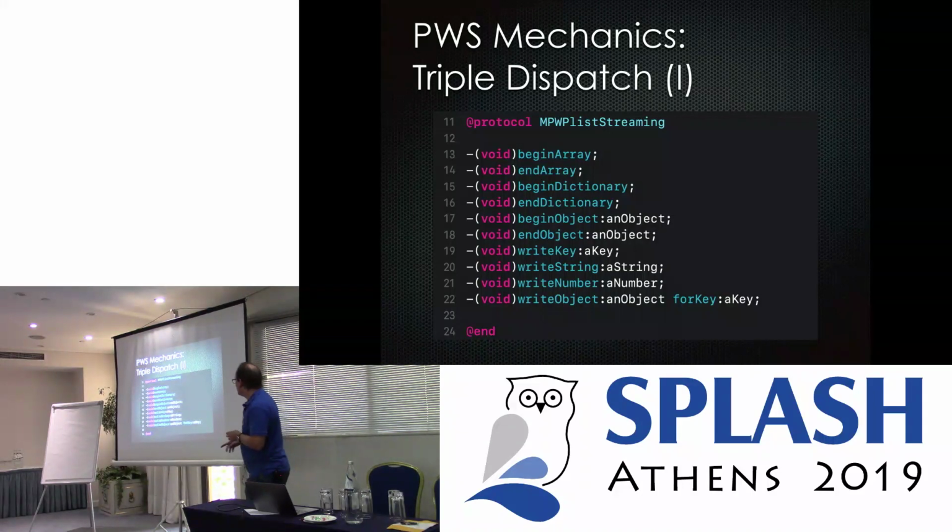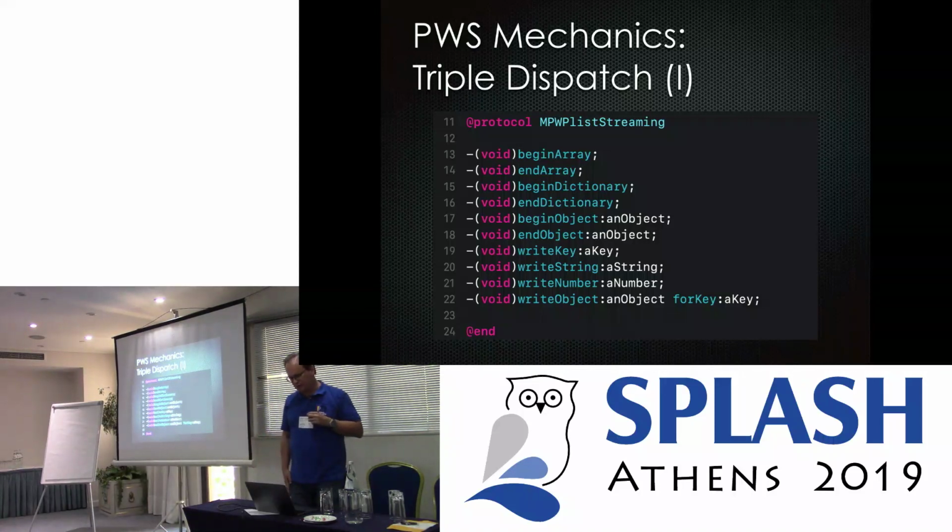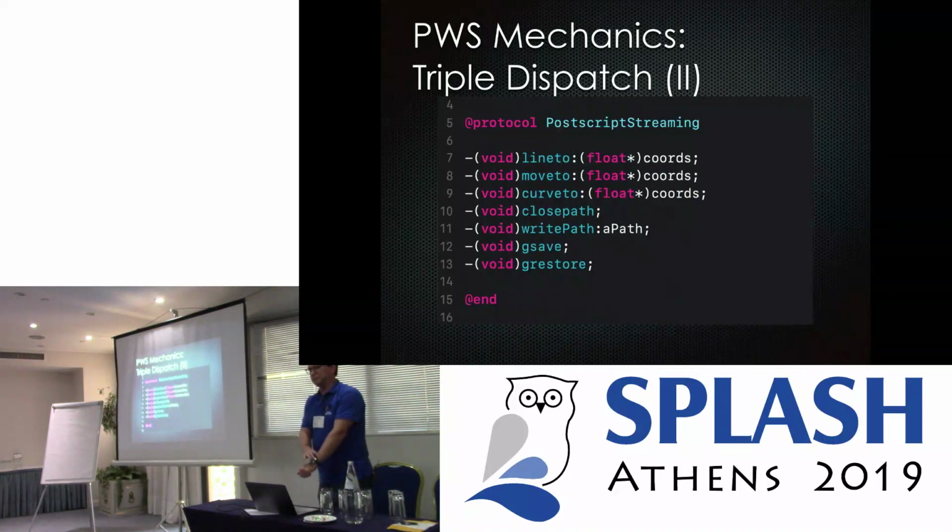Well, this is essentially the recursive case, write object, but with the convenience of specifying the key. But a different stream can implement, for example, PostScript graphics, right? And then you have some graphics methods. But the same protocol can also be implemented by, for example, a PDF stream, and that outputs slightly different code for the same